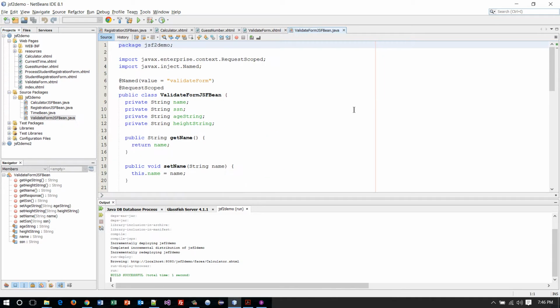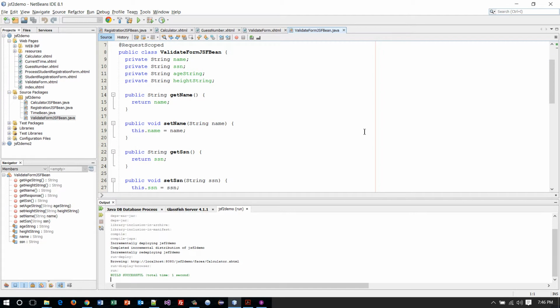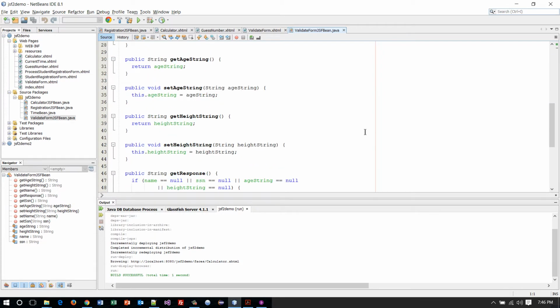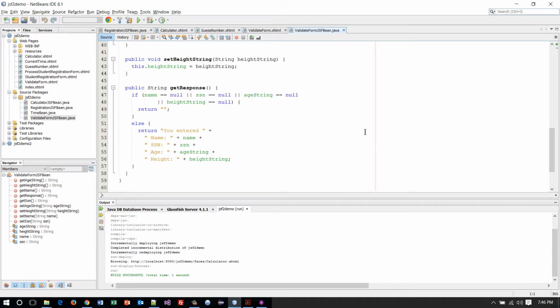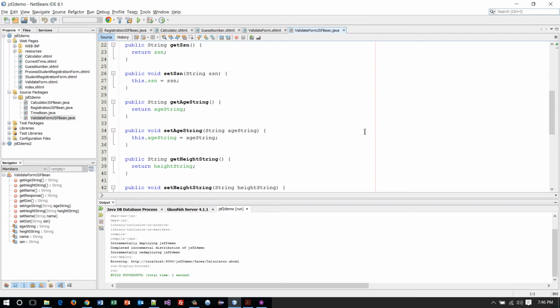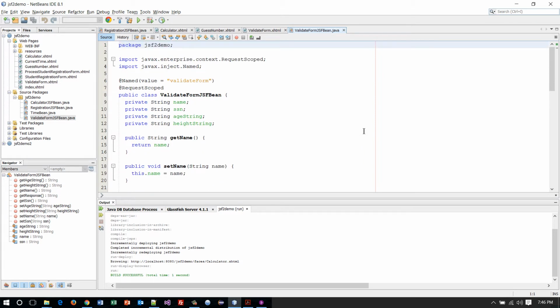Once again, I'm going to open that file up and just make sure that everything looks okay. I don't see any underlines or highlights. Notice that the scope on this is changed to request scope. And see, this is very, very similar to what we were just looking at. So if we throw another error here,